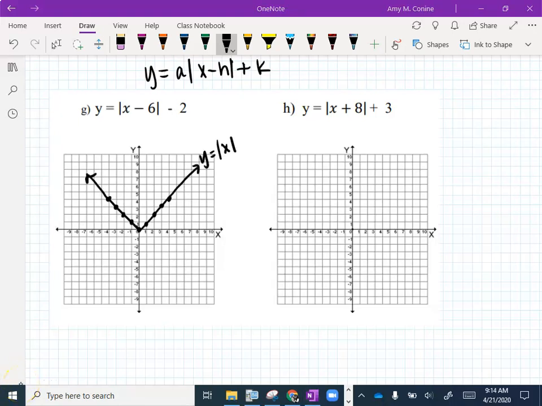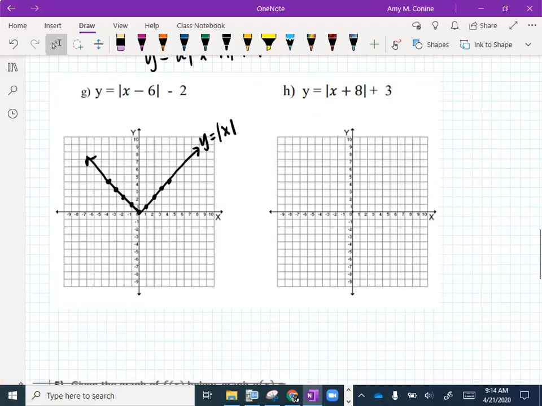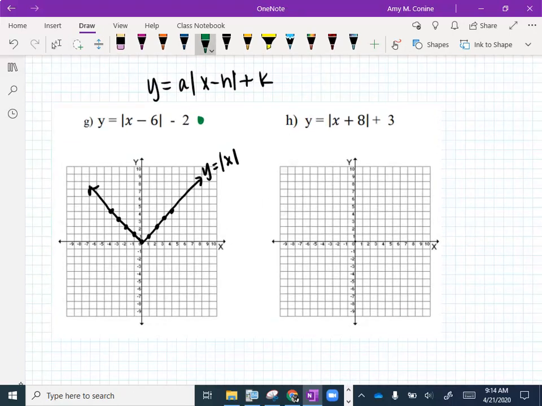So now we're going to take what they're asking and we're going to transform our parent function. This minus 6 means we're going to go right 6. And then after we move right 6, I'm going to do that in orange, we're going to go down 2. For right 6, I'm going to take all these points and move them right 6. So 1, 2, 3, 4, 5, 6. And they all move